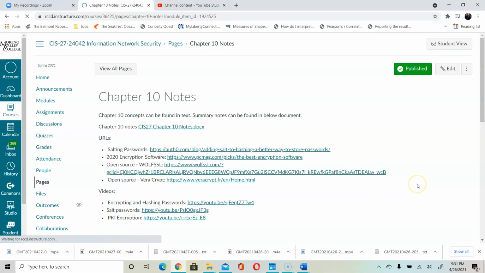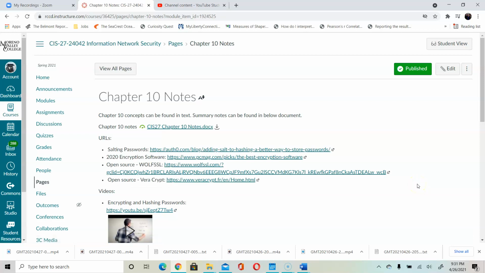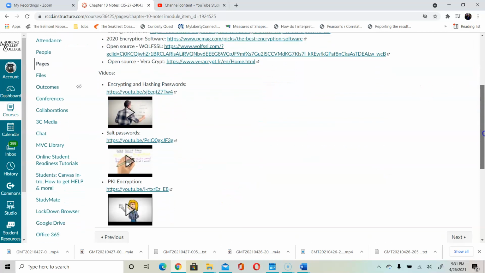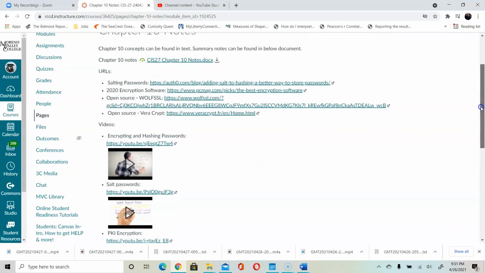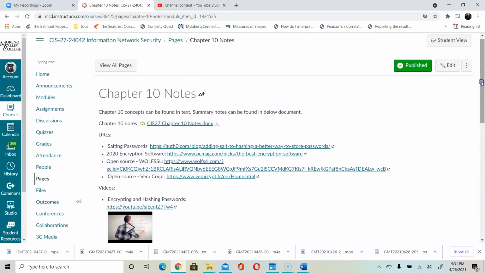On the next page, you will find the notes. I provided some additional links about storing passwords, using encryption, different types of encryption software, along with some additional videos on passwords, PKI, and hashing passwords. So in the notes,